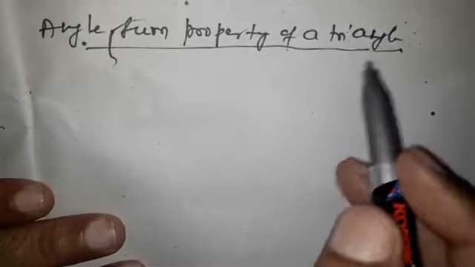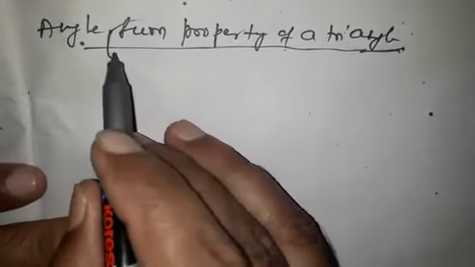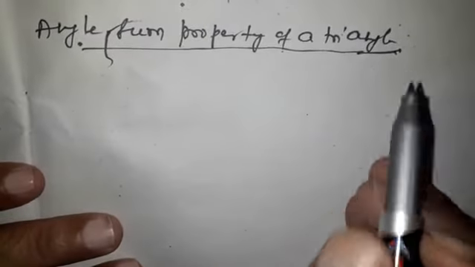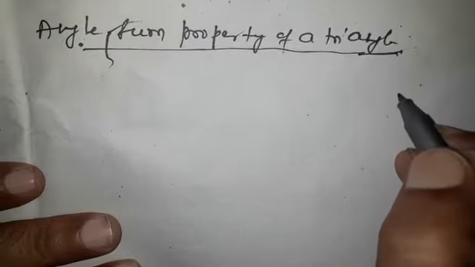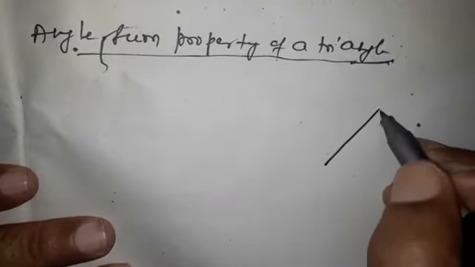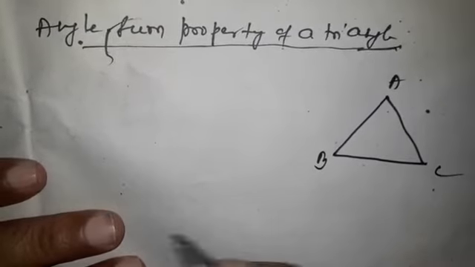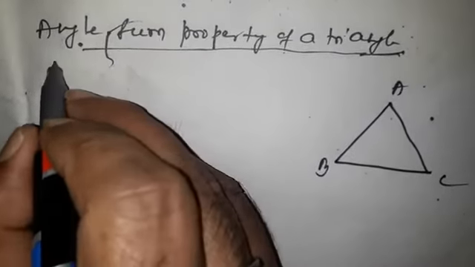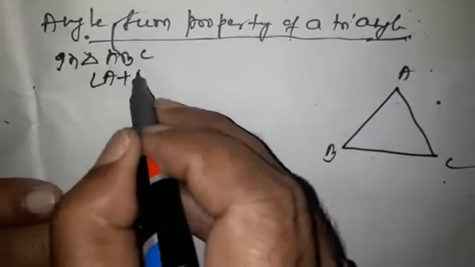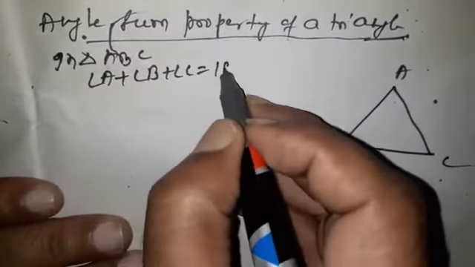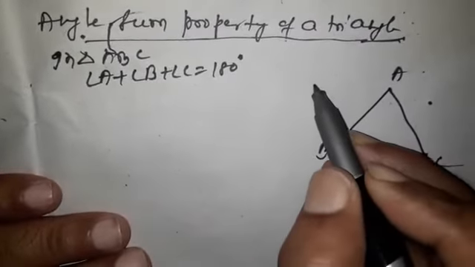Angle sum property of a triangle. Students, you have already learnt about the angle sum property of a triangle, means the sum of angles of a triangle is equal to 180 degrees. Here is the proof. If ABC is a triangle, then we have to prove that in triangle ABC, angle A plus angle B plus angle C is equal to 180 degrees. For proving it, we draw a line